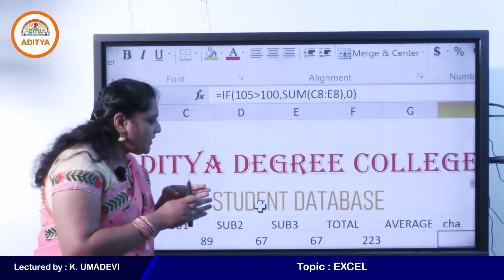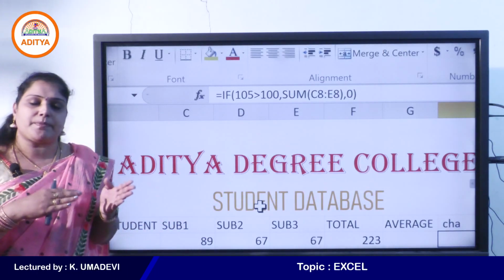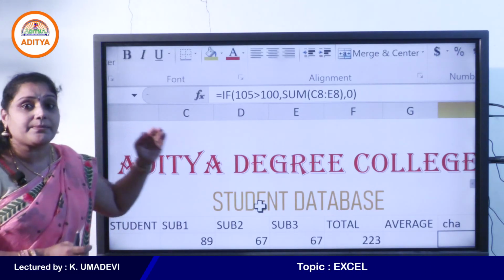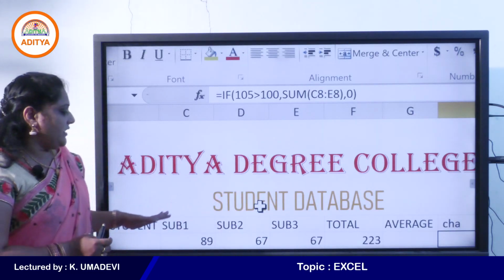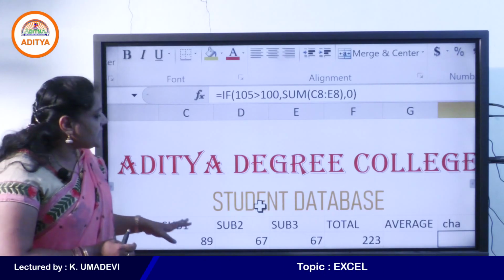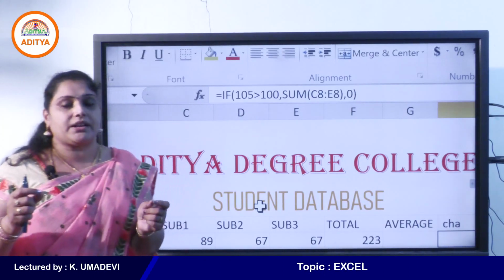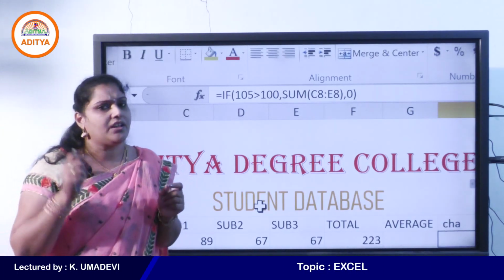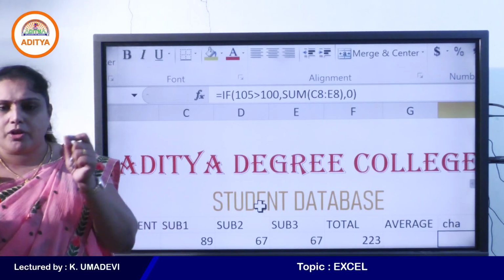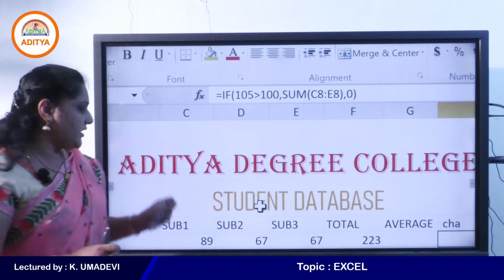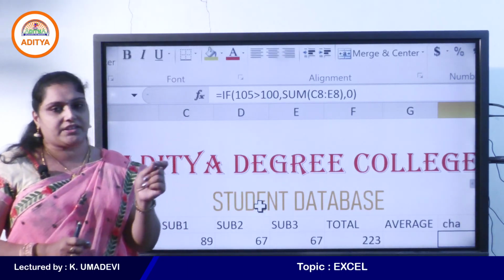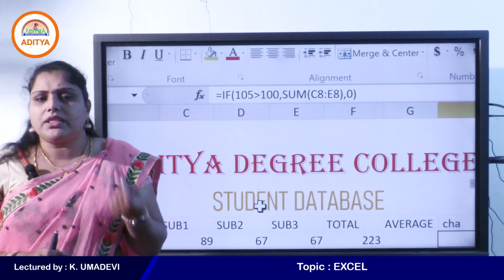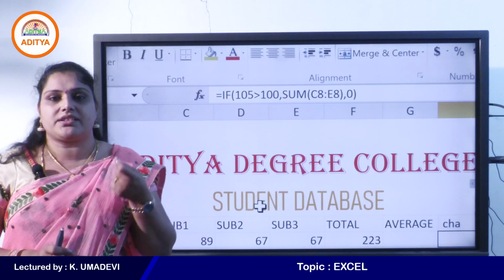For example, here I want to print the result as pass or fail based on all subject marks. If the student secures all subject marks greater than or equal to 35, then the result will be pass, otherwise the result will be fail, right? So now I want to check three conditions, that is subject 1, subject 2 and subject 3, and if all the conditions are true, then the result will be pass.